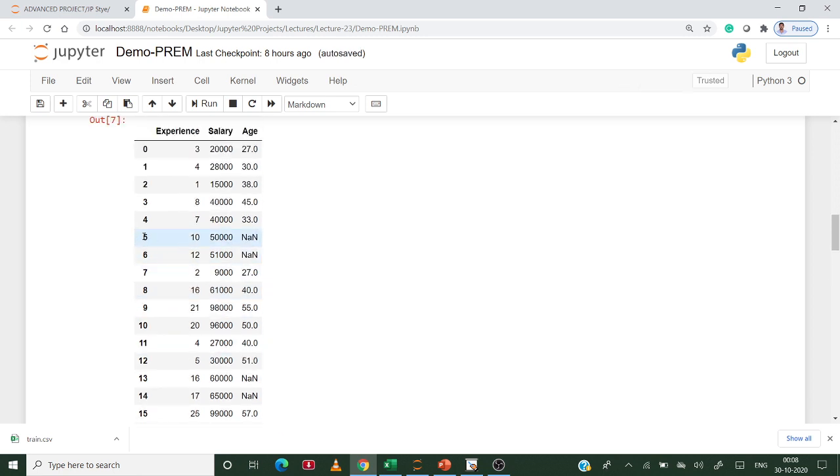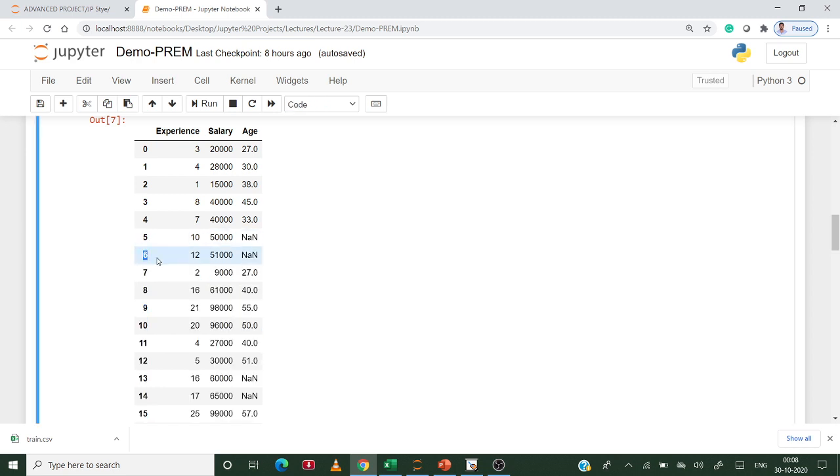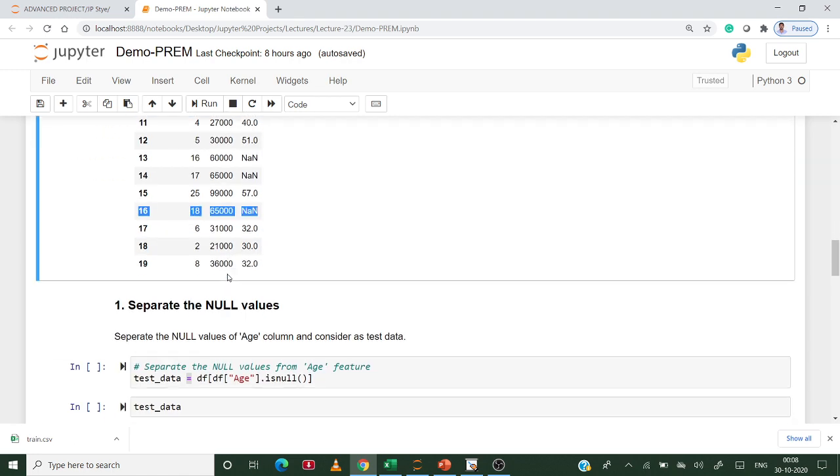In the 20 observations, index number 5 has the missing value, index number 6 has the missing value, index numbers 13 and 14 have the missing values, and index number 16 has the missing value. Total 5 missing values exist in this data frame. So from this data frame we have to separate the null values. So separate the null values means to separate the null values of the age feature and consider as a test data. So for that purpose we use this command.